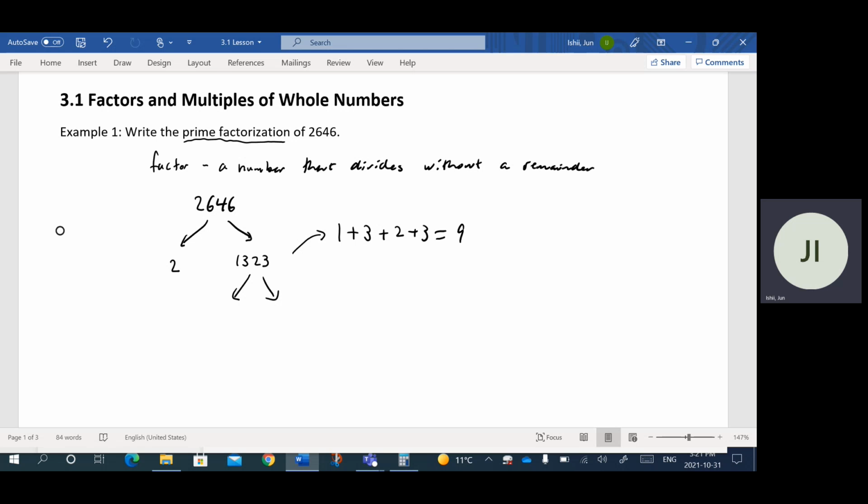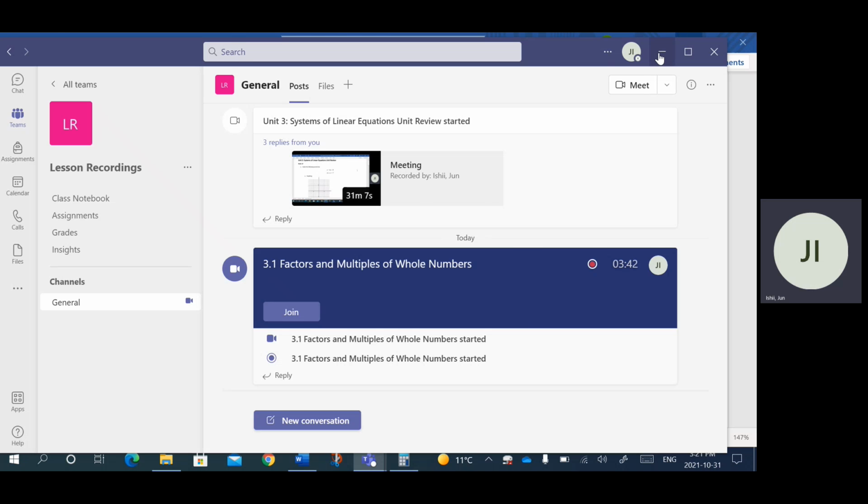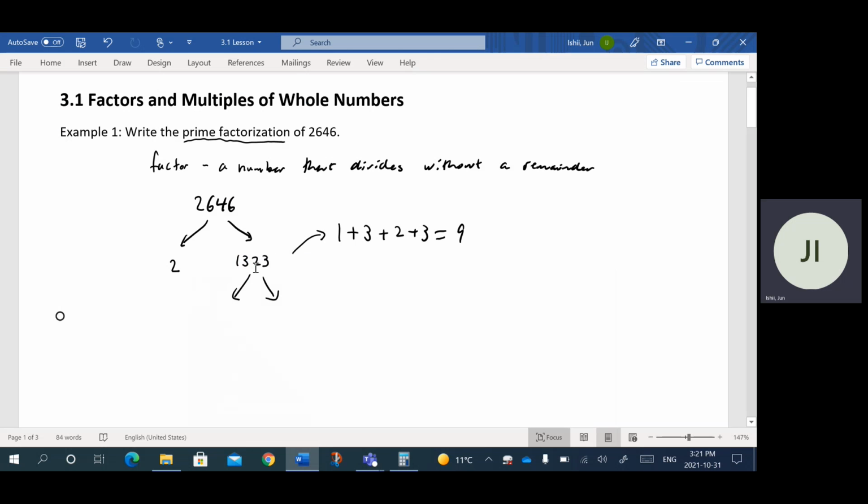Again, I got the 1,323. What I'm going to do here on the side is just add up the digits. Notice this sum is a lot smaller than the number itself, but if the sum is divisible by 3, that means the number itself is divisible by 3. That's a lot of mumbo jumbo, but it's kind of a neat trick. So if you add up the digits and the sum is divisible by 3,